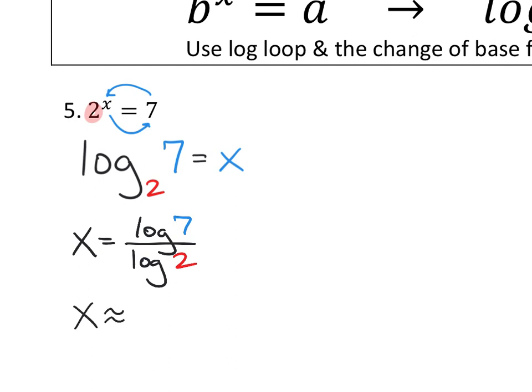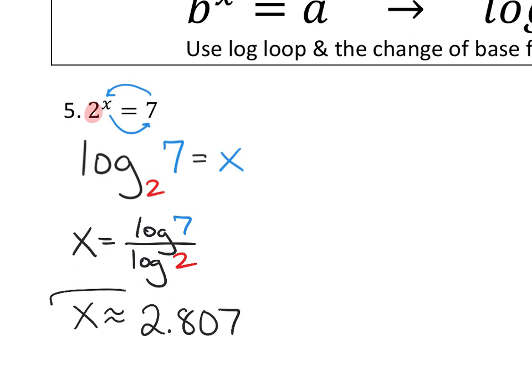Yeah, so at this point, we just turn to our calculator. This is no longer something we can do in our head. I can't do these sort of things in my head. But we do log(7) divided by log(2). And when we do that in our calculator, we're going to continue to round to the thousandths place, which is 3 decimals, unless you're told otherwise, which means x is going to be approximately